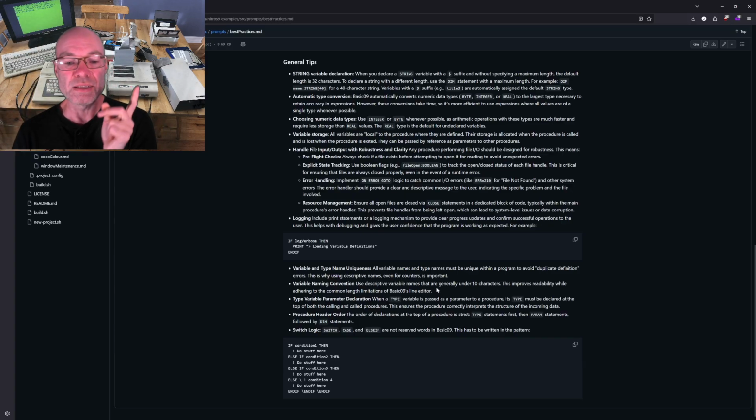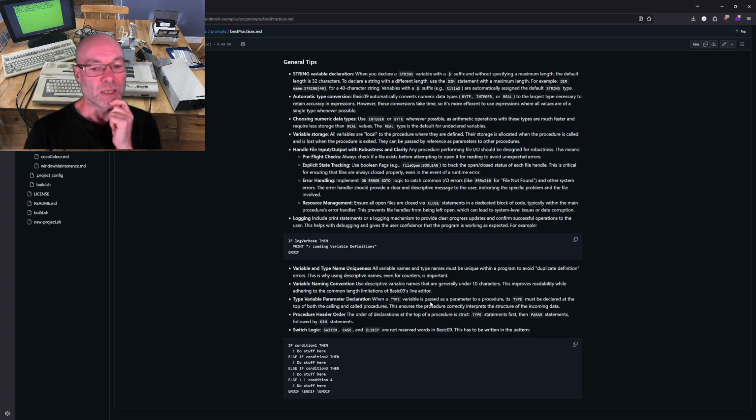This is one that I added after the fact. I haven't actually tested it yet, but just as an observation of the code that we're going to look at in a little bit here, there are a lot of longer than 10 character variable names. So I do want, again, because I want this to be educational and code that can train somebody in how to write better code, I do tend to prefer longer variable names within reason, and I should also add in something about procedure names too on that line. Anyway,